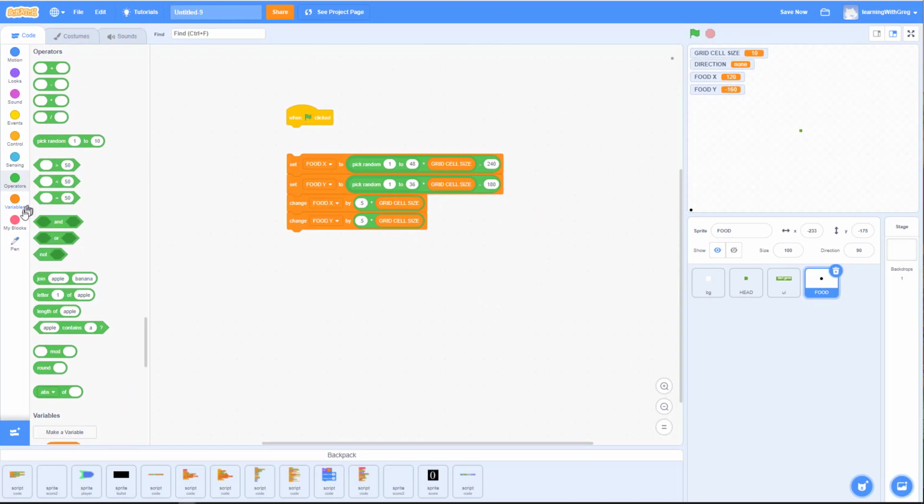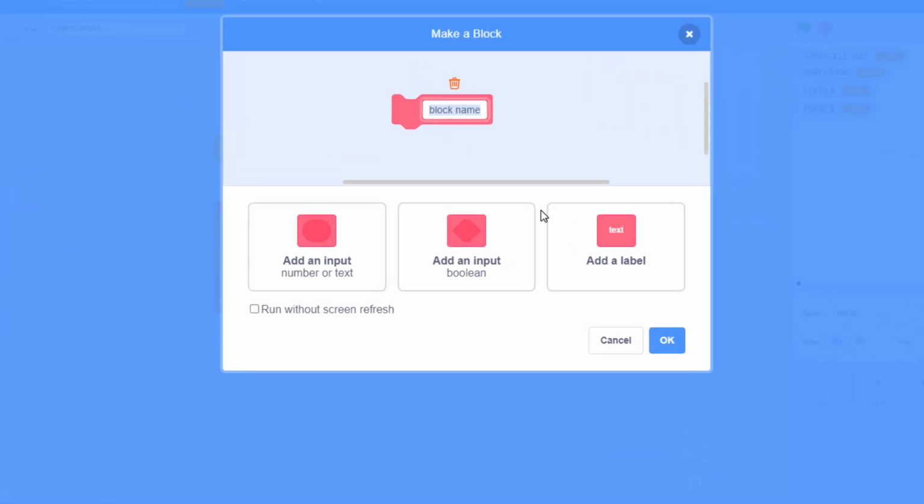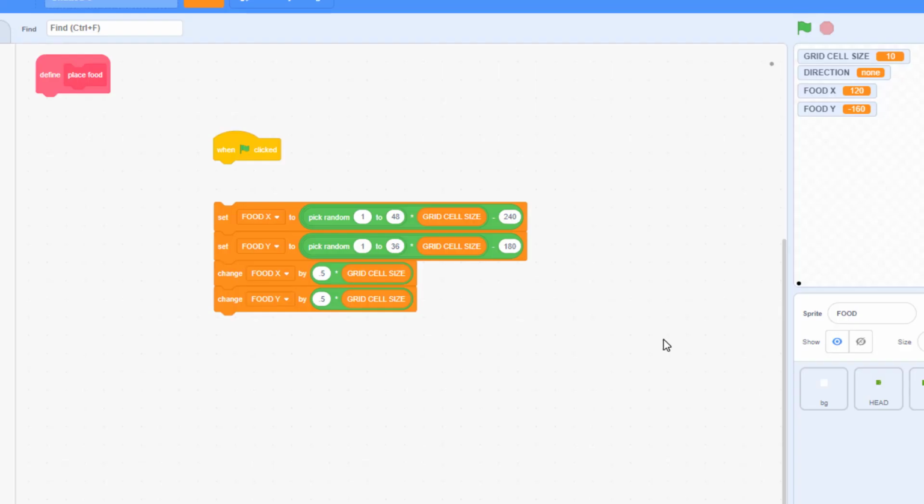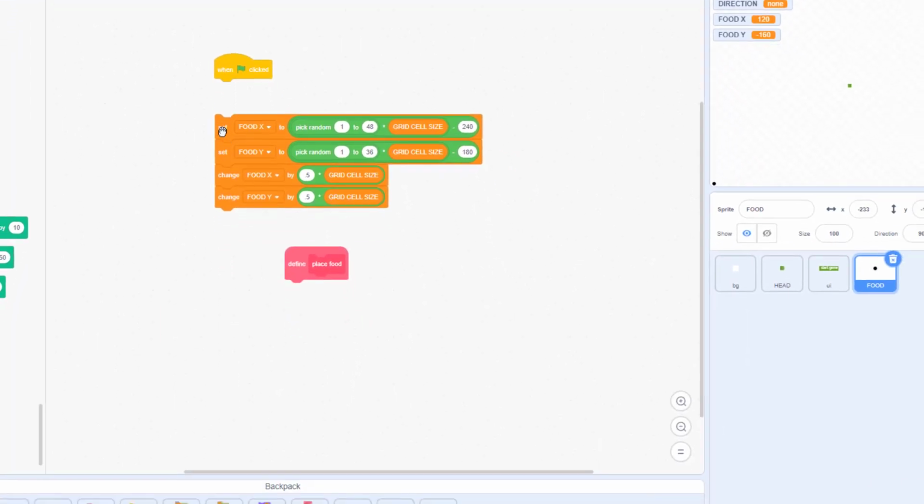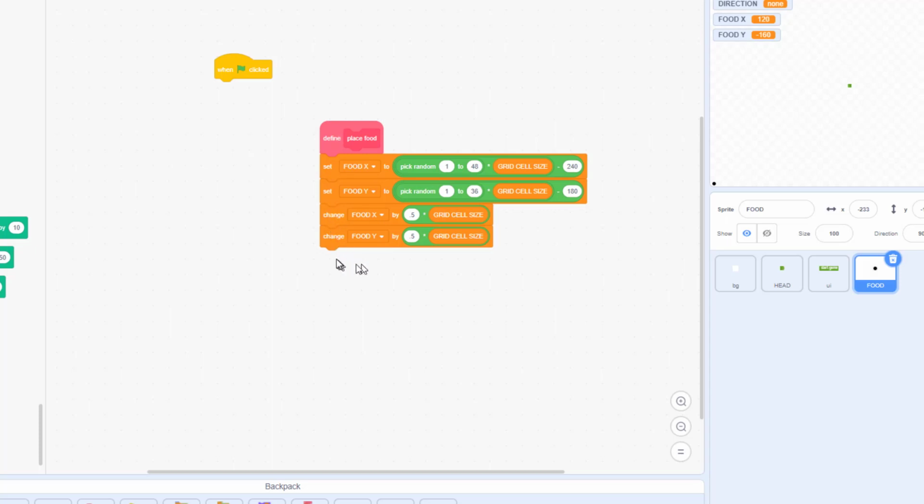And then let's actually make a custom block for that. I'm going to make a custom block, and we will call this place food. It doesn't need an input. We'll go ahead and click OK. And so whenever we do place food, we're going to set these things, and then we're actually going to put a new food pellet